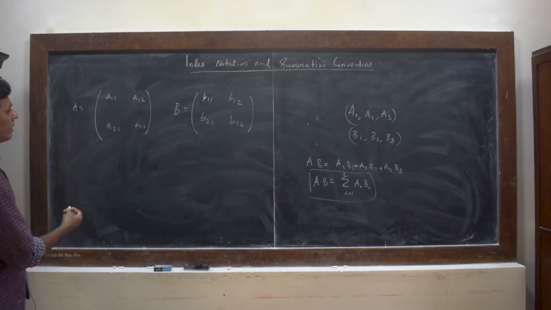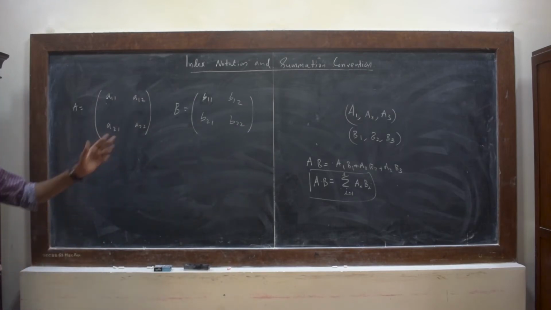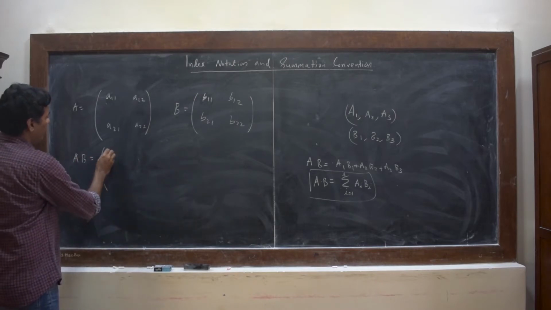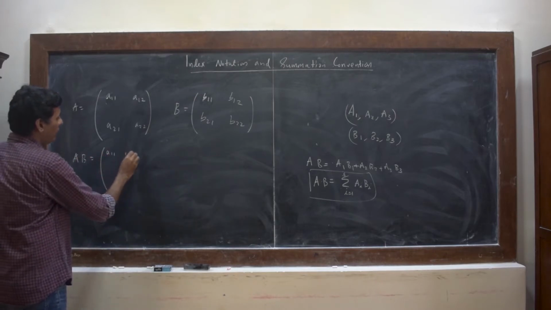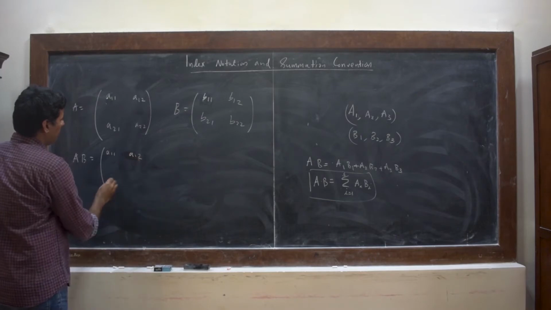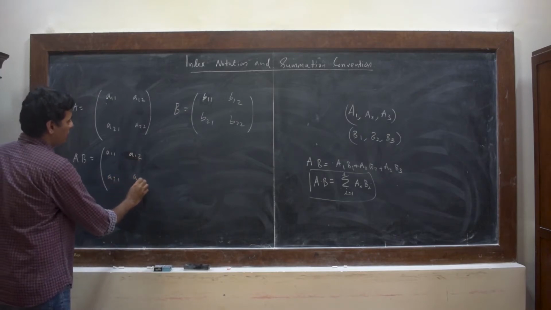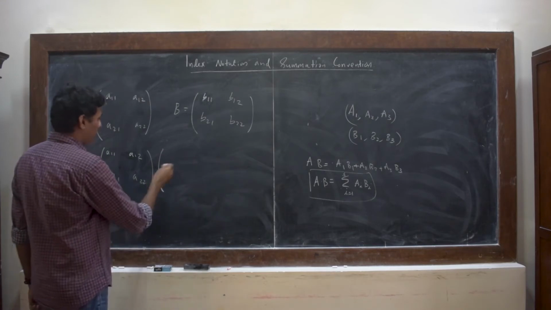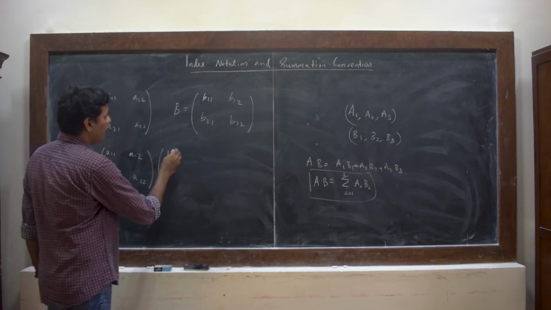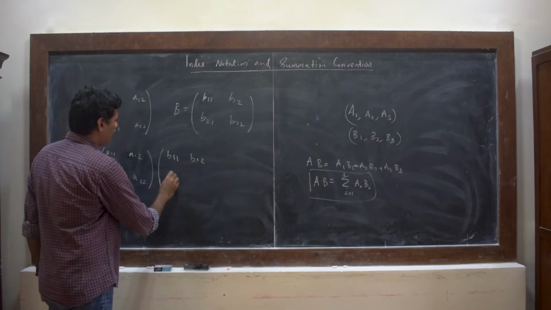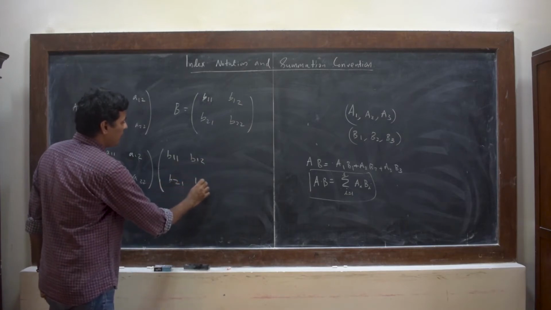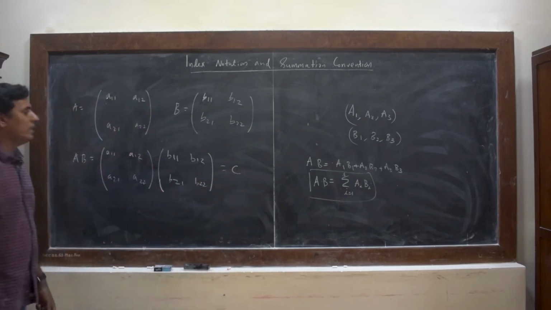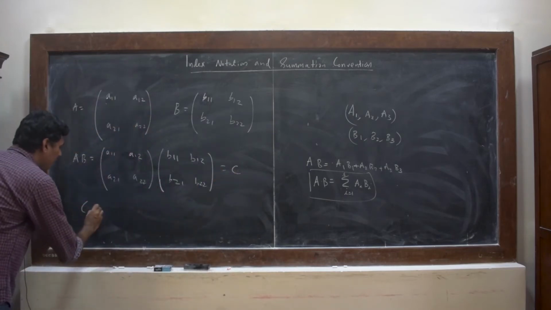If you wanted to calculate the product AB, and I am calling this C, then the matrix C is going to be equal to,